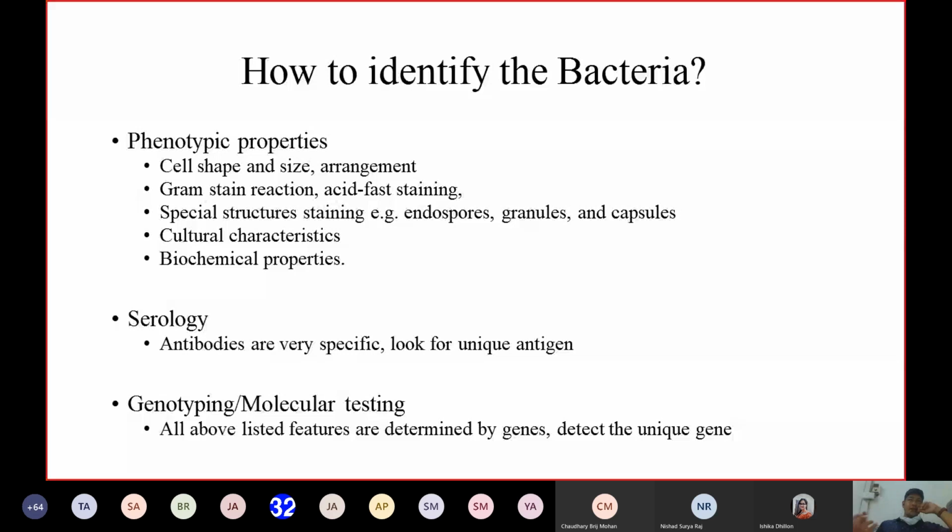A bacteria cannot utilize glucose. A bacteria can ferment lactose, or cannot ferment lactose. These all are the phenotypic properties that we can see. Other than that are the shape of the bacterial cell, the size of the bacterial cell, and the arrangement, how they are arranging, in a pair or single or in a cluster or in a chain. That also includes short chain, long chain. They are the phenotypic properties, and they are specific for specific bacteria.